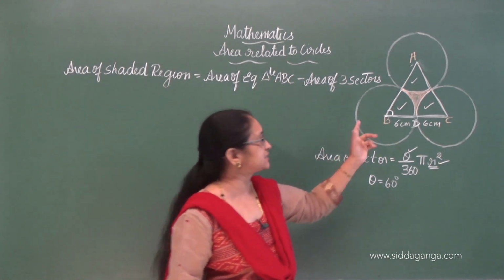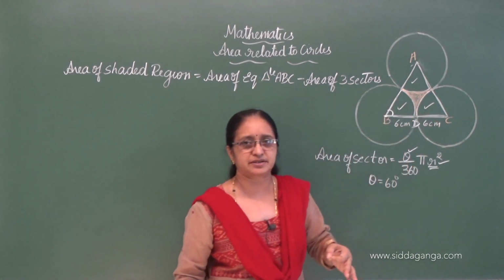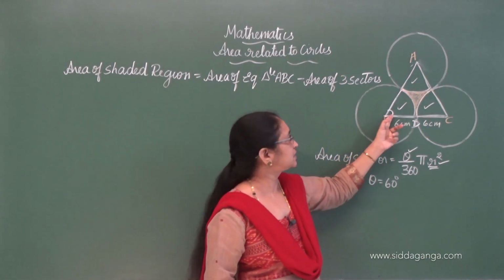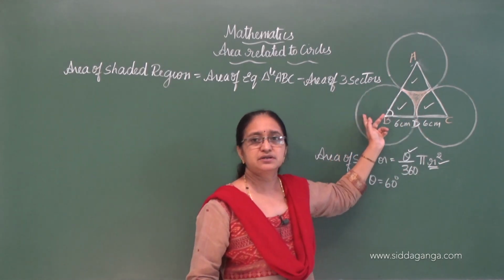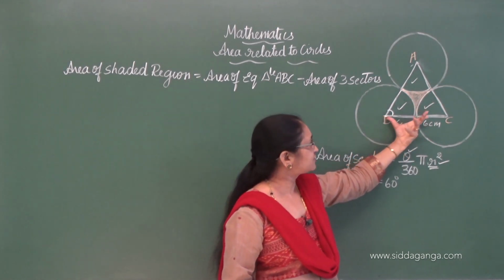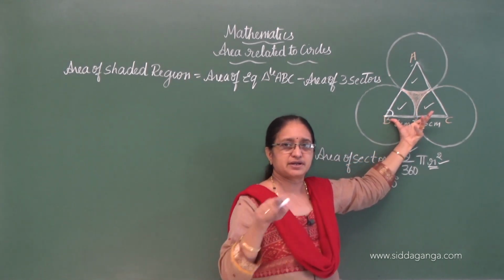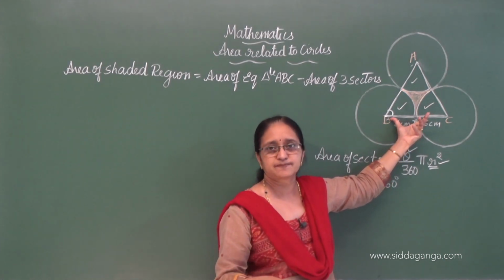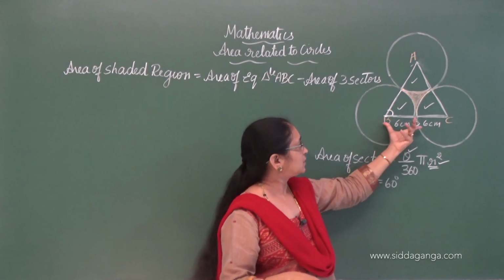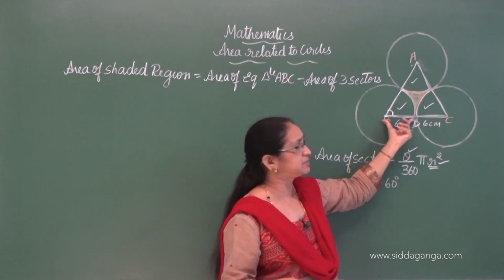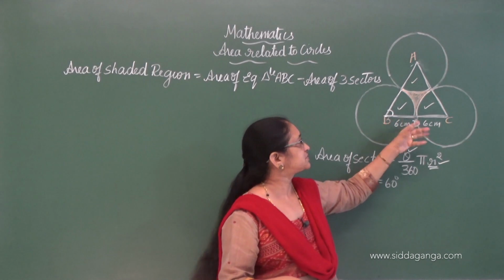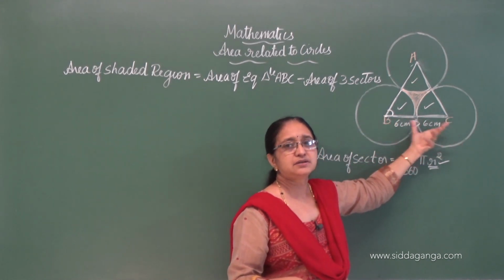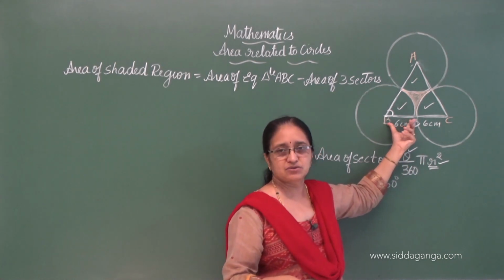Suppose side BC is 12 centimeter, then they have mentioned in the question that the circle is drawn by using the radius equal to half the length of the side of a triangle. So, read the question carefully. Once again you read, you will try to understand, then it is easy, okay. Now, if it is 12 centimeter, then this will be 6 centimeter. If I get 6 centimeter, then the radius is 3 centimeter, okay.